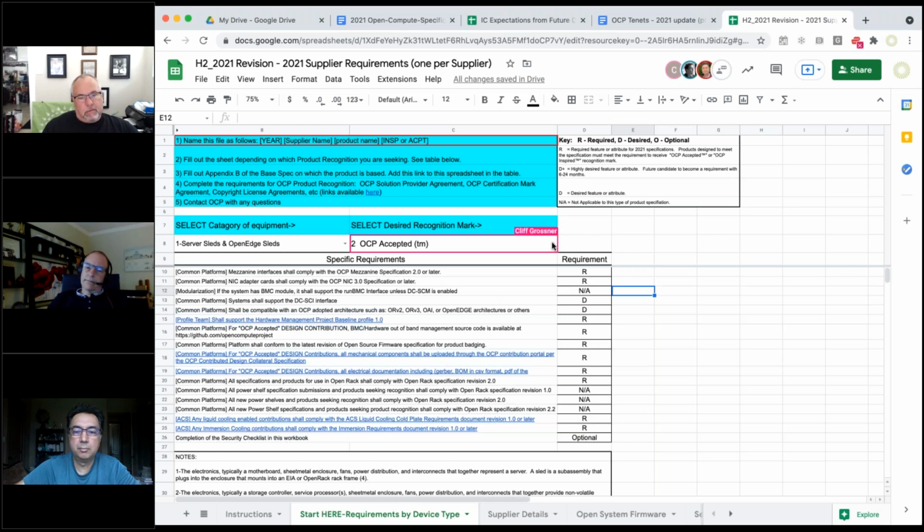Well, I think that's why we're here, though, right? I mean, that was half of the reason that we're here. It's not true either, Steve, because regardless of whether it's inspired or accepted, the requirements to have the DCI or MES or Run BMC interface is still present. OCP 2.0 or NIC 3.0 compliance is still needed.